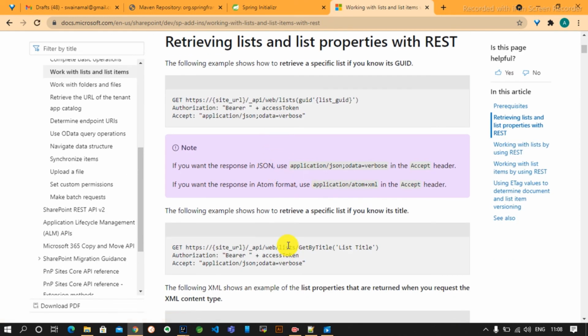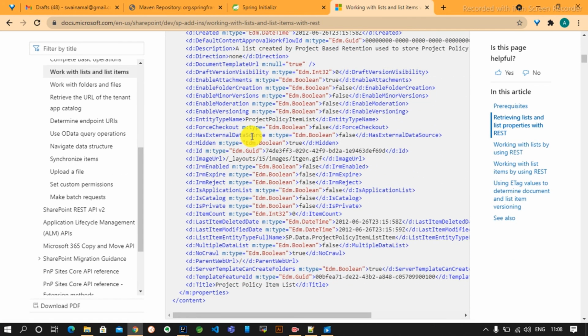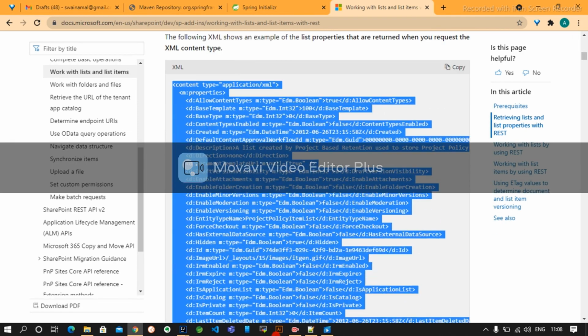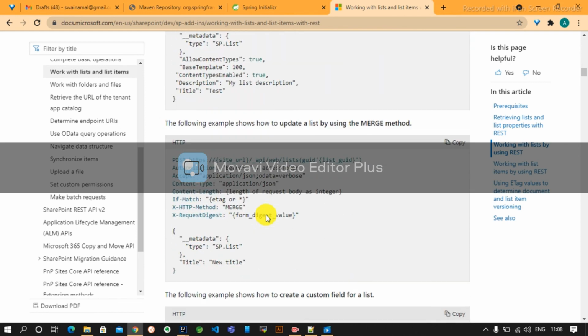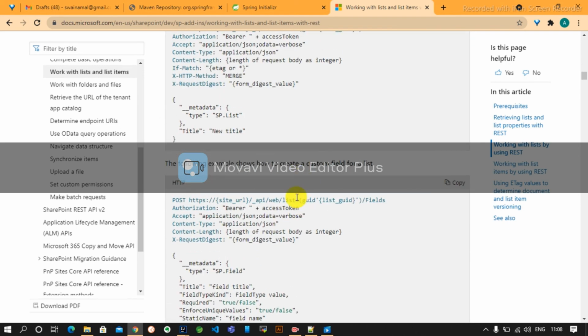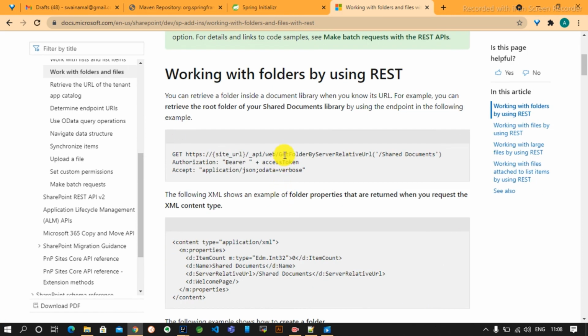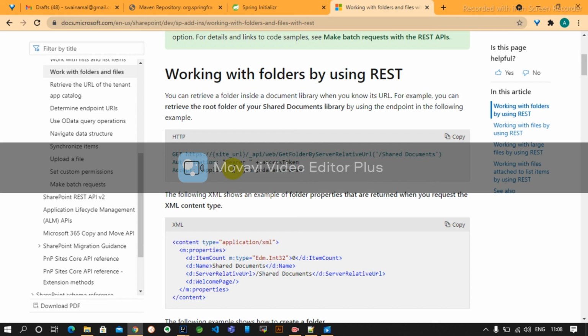You can see this is the XML document that I used sometimes, and this is web list. If I work with folders, you can see here get folders by server relative URL, Shared Documents. Here you have to pass the path, and this is your actual domain name, the site URL, everything. So I'm ending this video today.